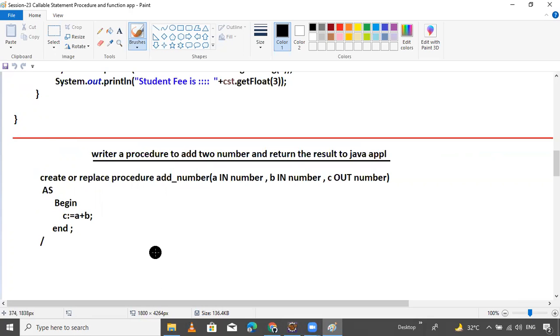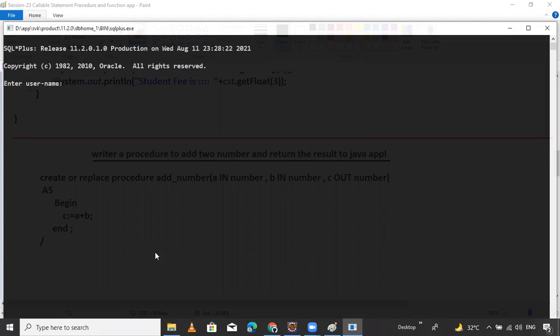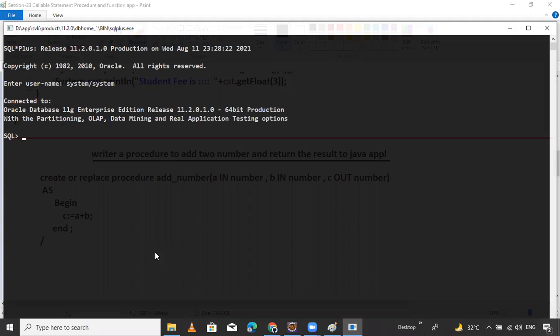First, I will show you this procedure in SQL Plus. I want to connect with the Oracle database. That's my system username and password. Okay, connected. Describe, what is the procedure name? Add number.